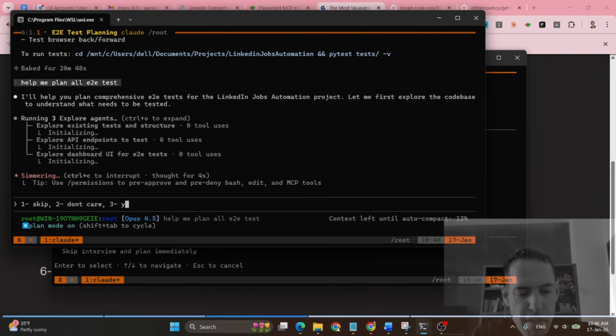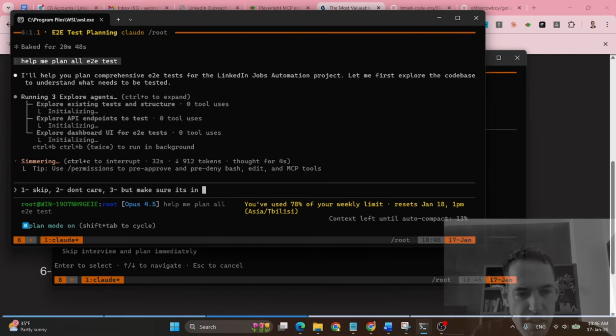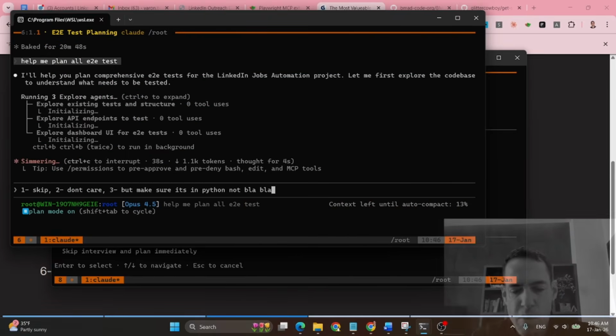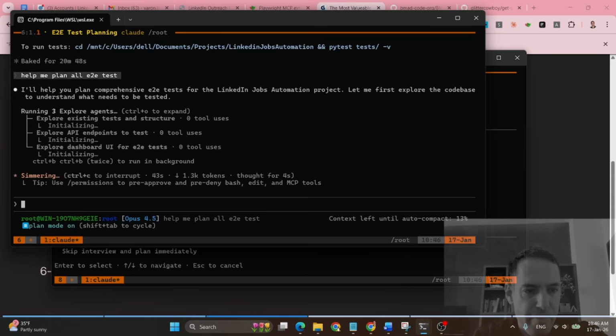yes, but make sure it's in Python, not blah blah blah. So you start doing it this way. Now, as opposed to answering like this, Plan Annotator opens a new tab, so everything is well designed, and not only is it well designed, it also allows you to comment on specific aspects and features provided in the plan, and you can also add images to certain points, and based on this,